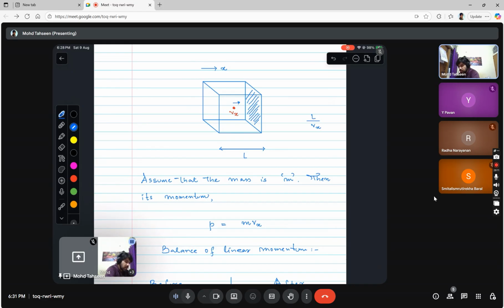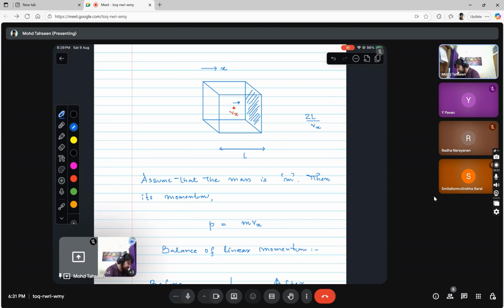Now, what is the time interval between two successive collisions for this wall? If we look at this wall, let's say there's a particle which strikes this wall. That particle will be reflected, so it will go back and travel a distance L, get reflected from the other wall, and then travel the same distance L again and hit the wall again. So between two successive collisions on this wall, the time elapsed would be 2L divided by